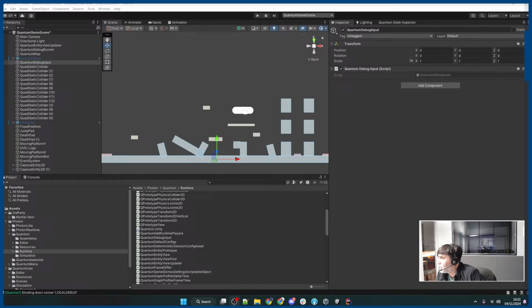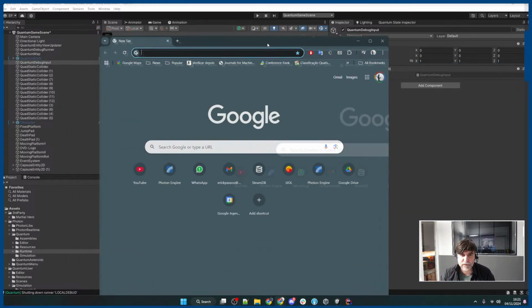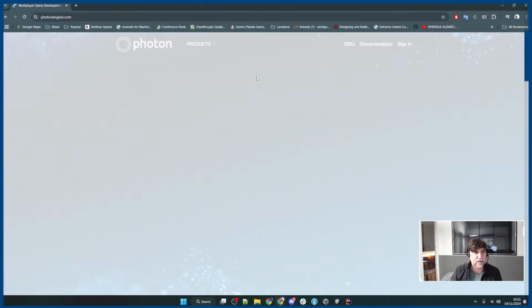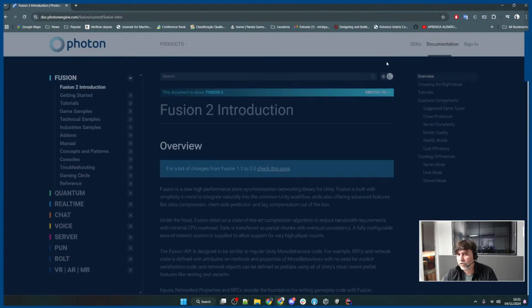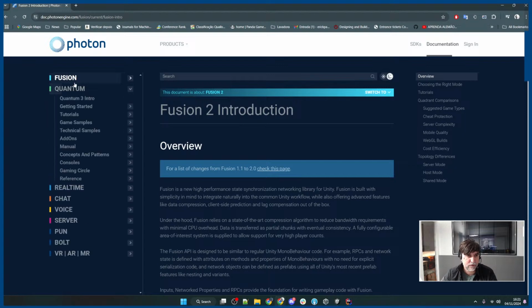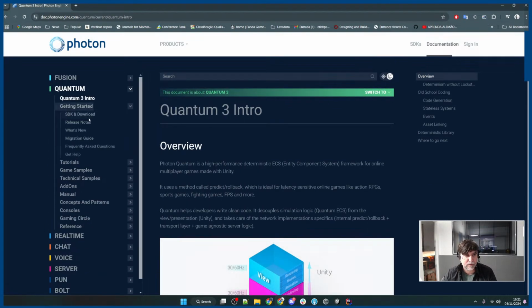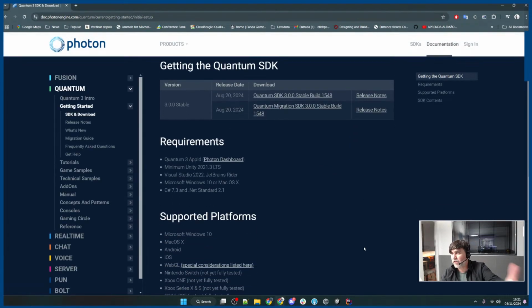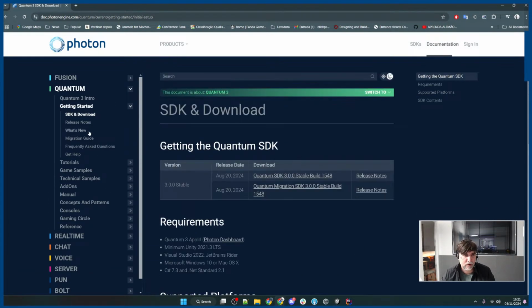So Roberto Martinez, I think what is already sent. Yes, Quantum is absolutely free to develop with, and you can also release games for up to 100 CCU for free. You just download everything from photonengine.com. You just go to Quantum. You can get the SDK directly here, there is an intro tutorial,